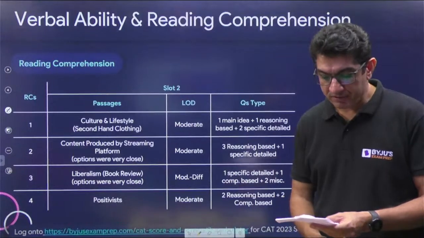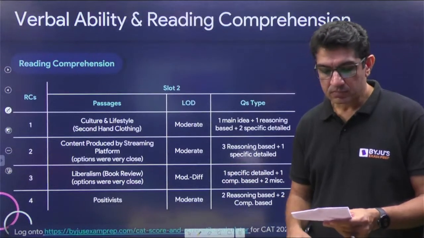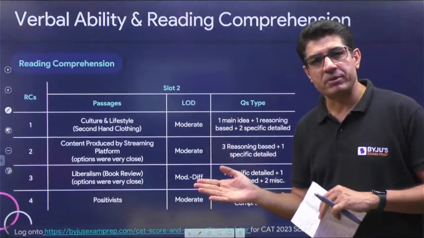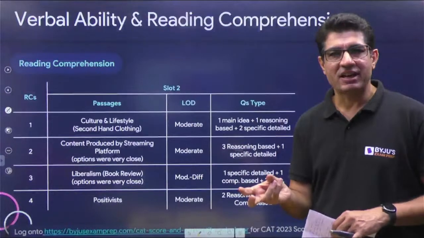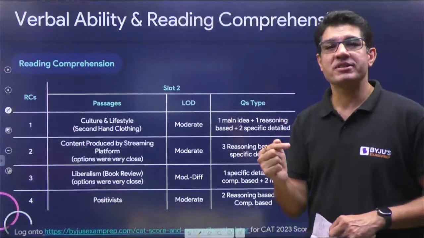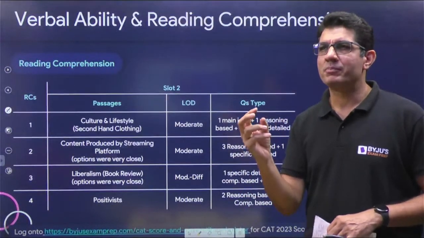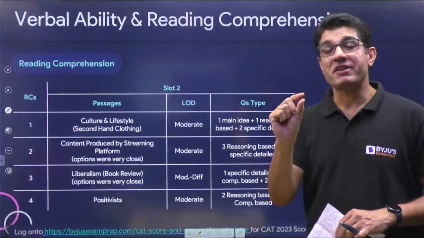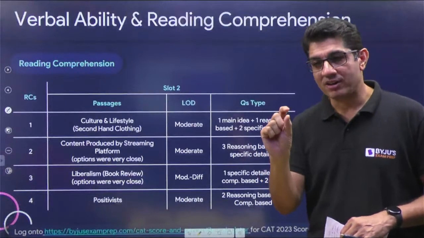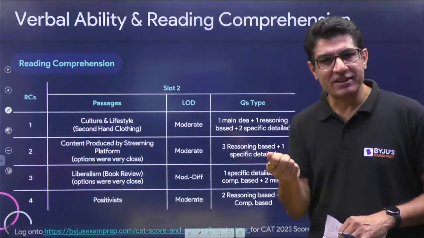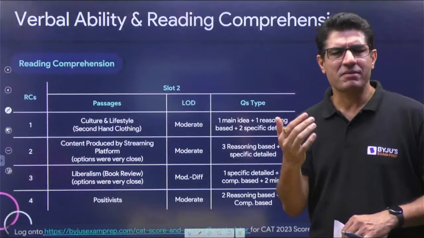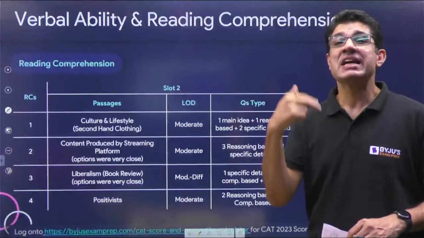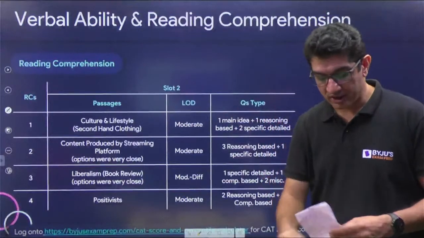I remember one of the questions was, the author faults the conclusion of the book for all the reasons except. This was more or less a specific detail question, but the answer choices were not directly taken from the passage. The amount of effort and time spent restating the ideas presented in the passage meant we definitely had to look at every answer choice carefully and map it with the passage. So that made it a moderate question.